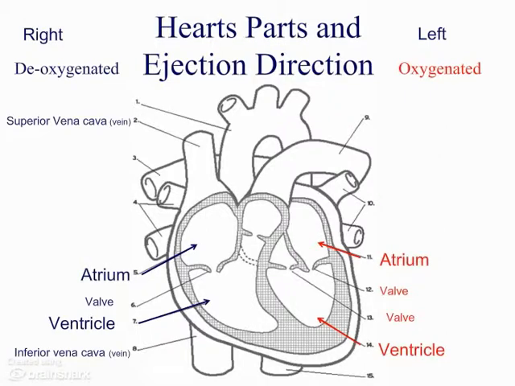So blood is going to go through the atrium, through the ventricle, and out the pulmonary arteries to the lungs to get reoxygenated. From the lungs, they're going to come back into the left atrium via the pulmonary veins. Once again, now we have veins carrying oxygenated blood into the left atrium through those mitral valves into the left ventricle, the largest chamber of the heart because it's